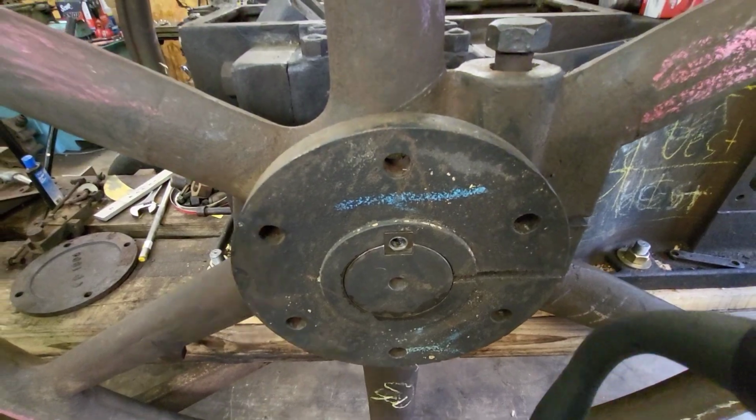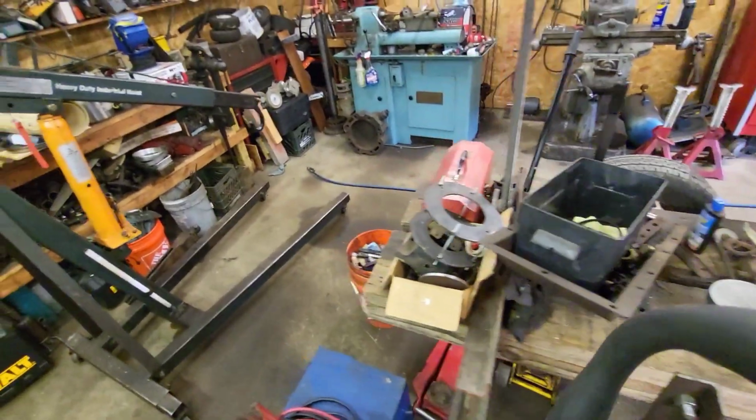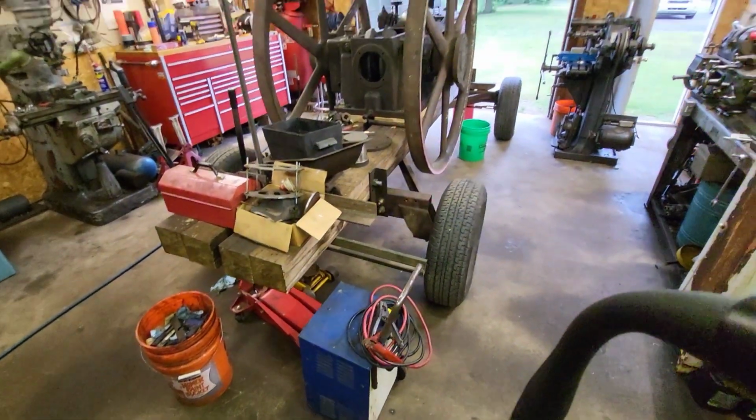So anyway, long story short, I've been tearing this garage apart for 2 days. Well, since yesterday, last night, looking for it. I'm sure it's here somewhere. I can't tell you where, but